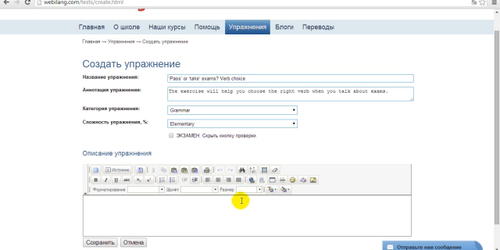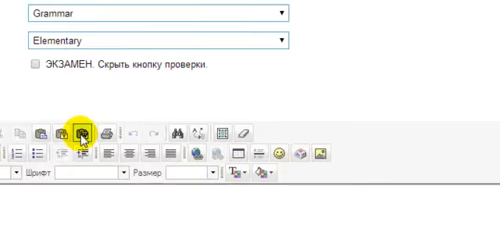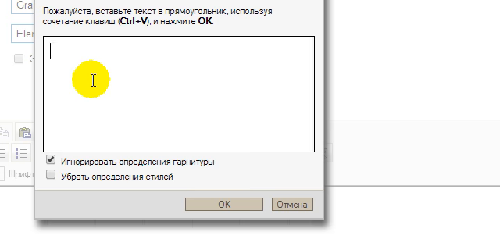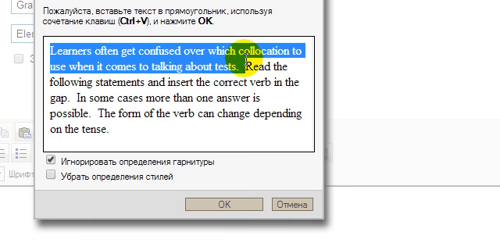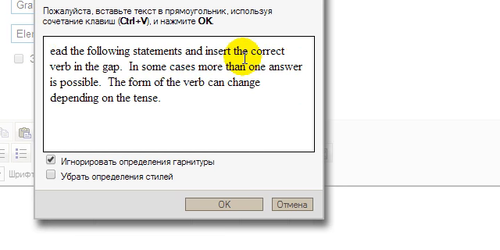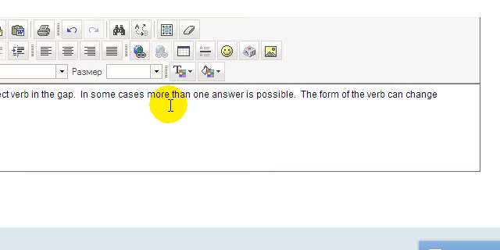If you want to copy and paste to this HTML editor from the Word document, you need to press this tab, this icon, and paste your text here, and you can edit it. Click OK. Then if you want to add a picture, click this icon,